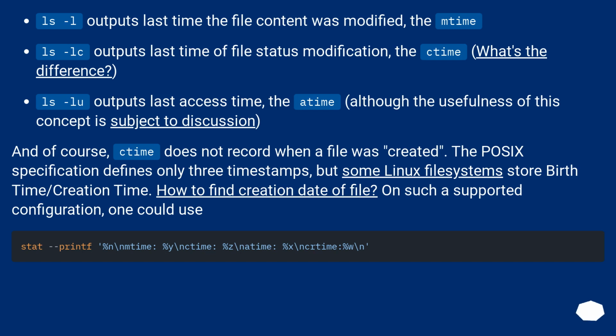The POSIX specification defines only 3 timestamps, but some Linux file systems store birth time/creation time. How to find creation date of file? On such a supported configuration, one could use